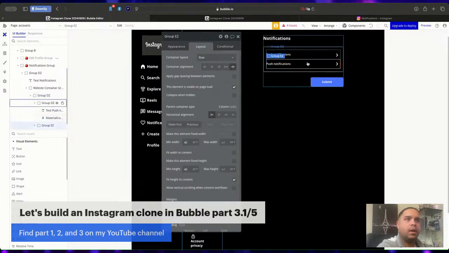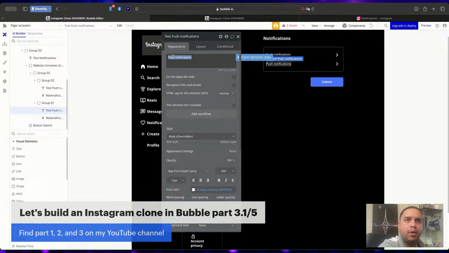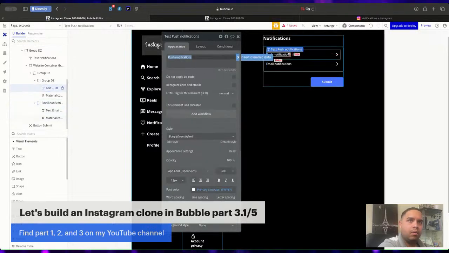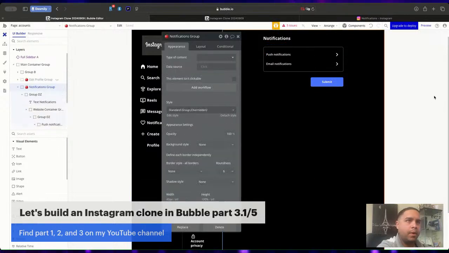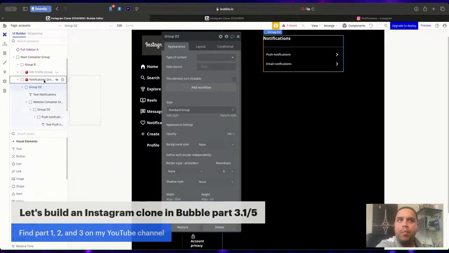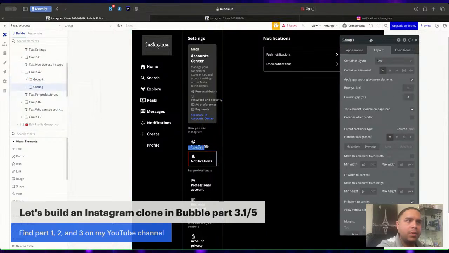So that's one. Number two is going to be email notifications. Let's copy this, paste it, bam. There's a button. So this notifications page is not visible when the page loads. So what is going to happen is